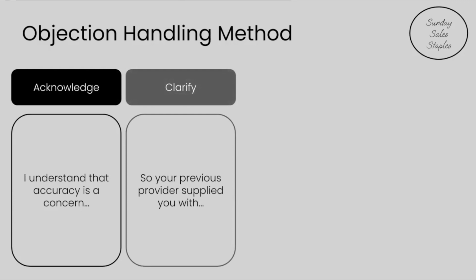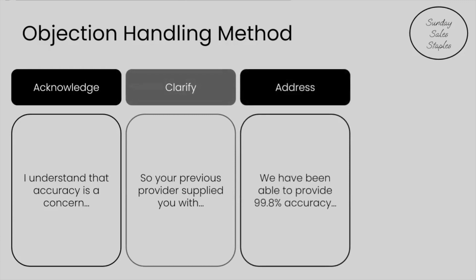If they disagree with that statement, then you have to get them to clarify even more, but don't move on to addressing the objection until you get an affirmative answer. When they finally agree to this clarification, then you can move on to addressing the objection and say something like, "Over the last 3 years, our company has partnered with several hundred companies with fleets, and we have been able to provide accurate data in 99.8% of our reports. The 0.2% inaccuracies come from our early days. However, we have not reported any errors within the last 24 months."